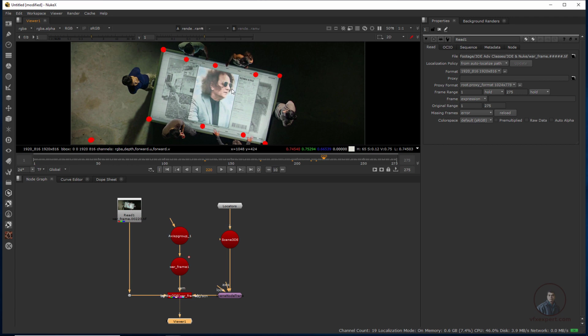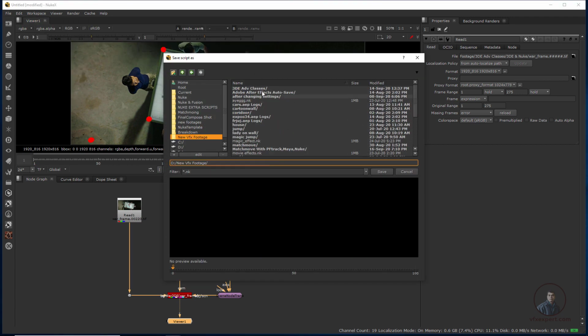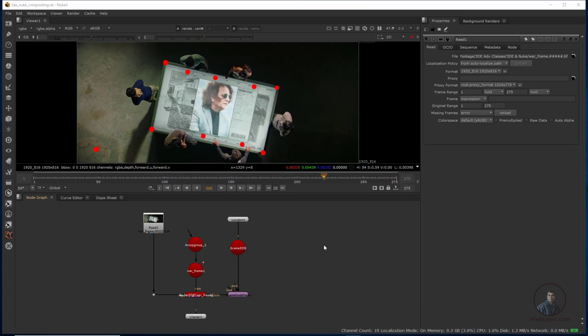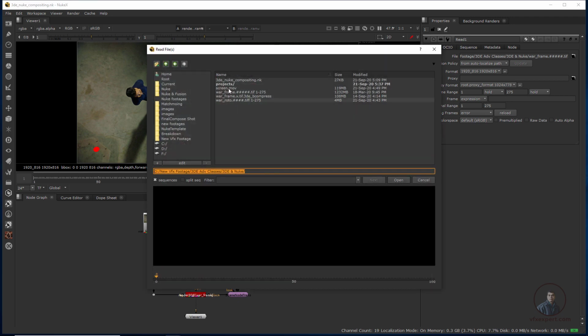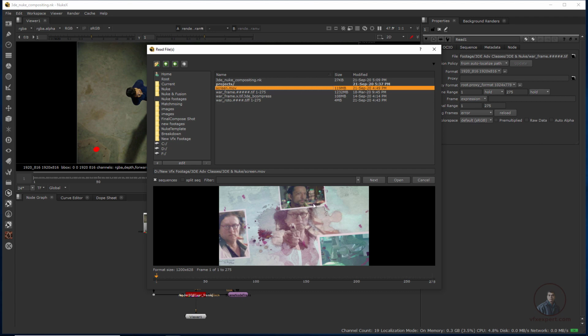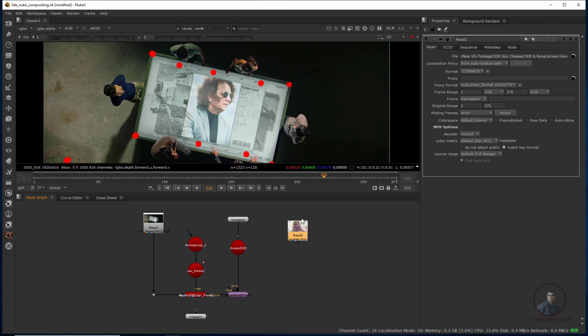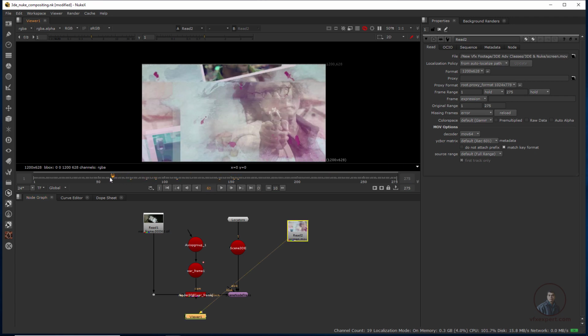Up to here, let's save our project. Click on File, then click on Save Comp, and click on Save. After this, first we have to import the screen which we have to replace here. Click on Image again, then click on Read, then from here you can select your screen. I have selected this one. This is the screen we have to replace, and this is where we have to place it. I have imported it here. This is our original screen, and now I am going to put it over there.